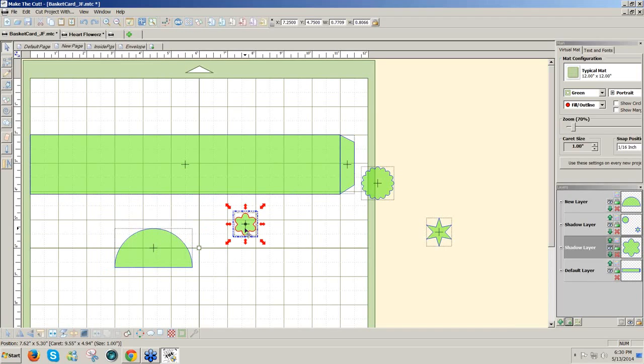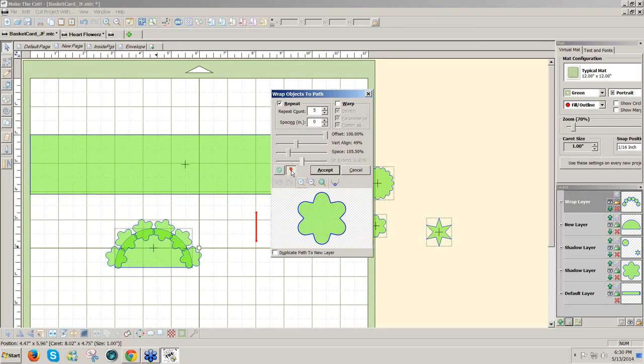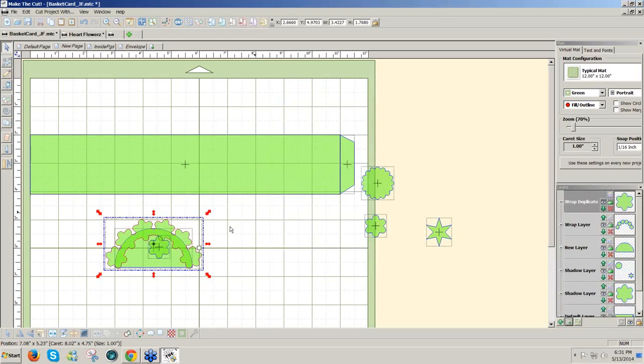And before I duplicate it, I'll just Control Shift and drag gives me another copy. And again, I'm going to hold Control, drag, got this. Now, when you click on Accept, it asks you if you want to weld it. But if you click on this little red lightning thing, then you can edit this path. I don't want to edit it, but what I do want to do is click this duplicate path to new layer and then accept. Then I can weld. And what that does is it gives me that leftover flower that I needed, and I usually choose that option. So I'm just going to select these and then click on the weld icon at the bottom of the page. So now I have